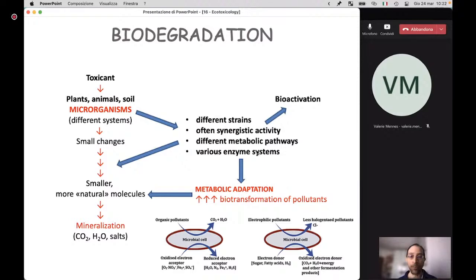Also, we are often conditioned to think about microorganisms, and in particular about bacteria, as dangerous bacteria for our health. But given the almost infinite variety of bacterial and other microbial species, there's many more useful bacterial species that can break down pollutant than dangerous species for our health. Okay,